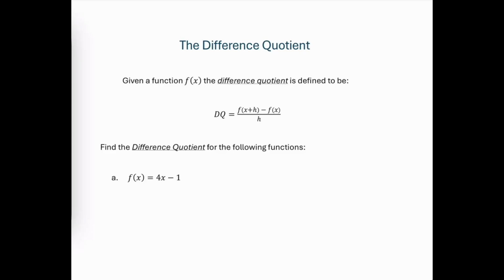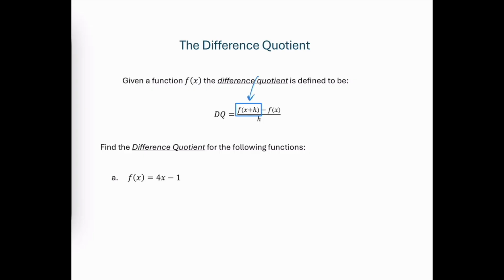The difference quotient is defined to be the quantity that we obtain by plugging x plus h into a function, then subtracting the original function and dividing that entire quantity by the variable h. In this example, we're being asked to find the difference quotient for the function f at x is equal to 4x minus 1. The first thing that we need to do is to find the function f evaluated at x